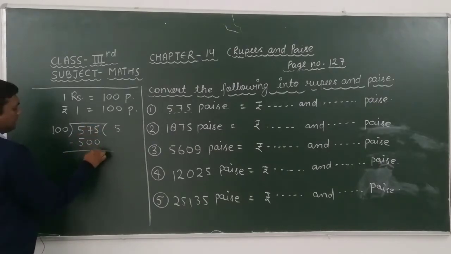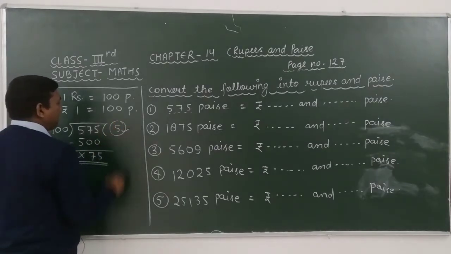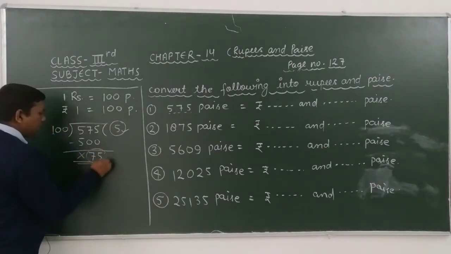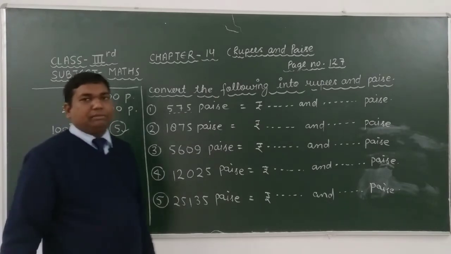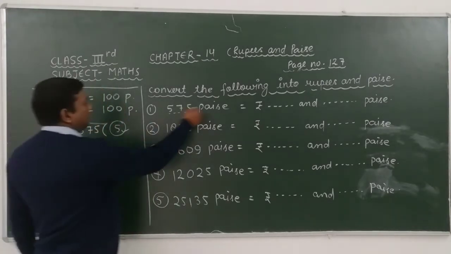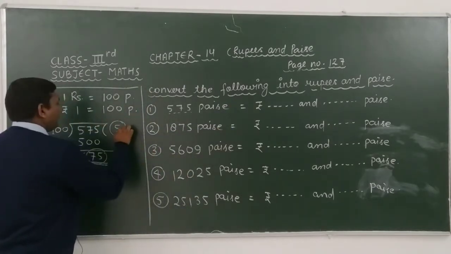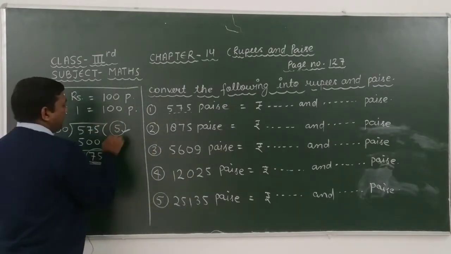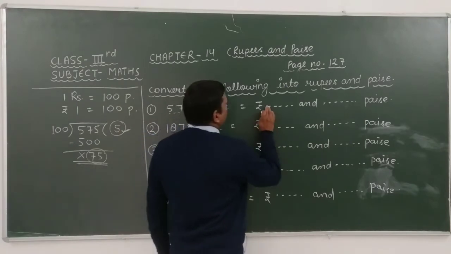After subtracting this, we get 5 minus 0 is 5, 7 minus 0 is 7, and 5 minus 5 is 0. It means that cancels out. Here we get 5 as quotient and 75 as remainder. Then we have to write 5 in rupees